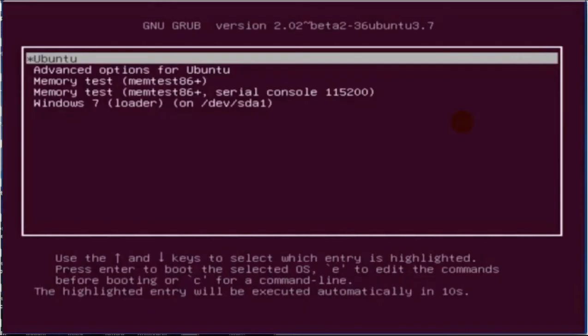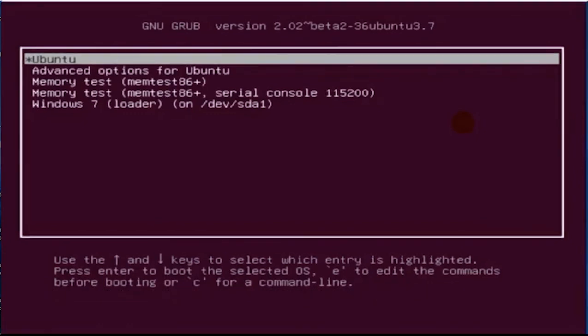GNU GRUB will show after booting the system, which asks you to select the operating system which you want to enter. You can select using the up and down arrow keys. Once the desired operating system is selected, press Enter to get in. Here we selected Ubuntu, the first option, and then pressed Enter to get into Ubuntu.